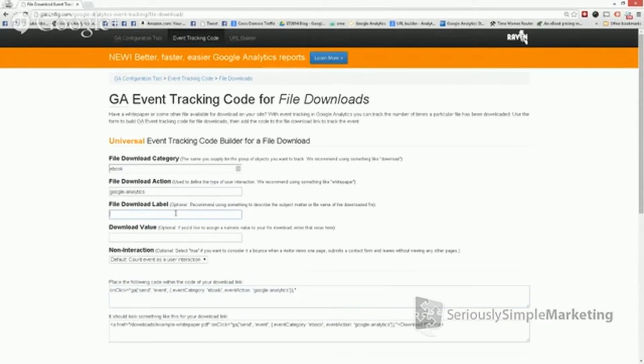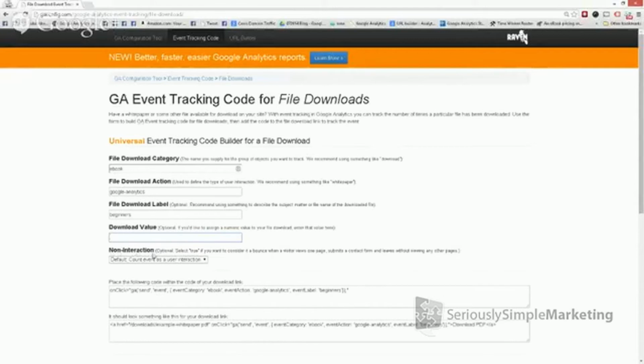Now the label, so again, this is optional. We don't have to put this, but I'm going to. Let's say this was all about Google Analytics, and then this was a beginner's book versus maybe we have an advanced book that we were going to sell. So we could put that in there. And then download value, we could put something in there if we wanted to. This would report $1. We're just going to keep it blank so that we don't have it at all, because we would assign that in the goal, which again will make more sense when we do this conversions next week.